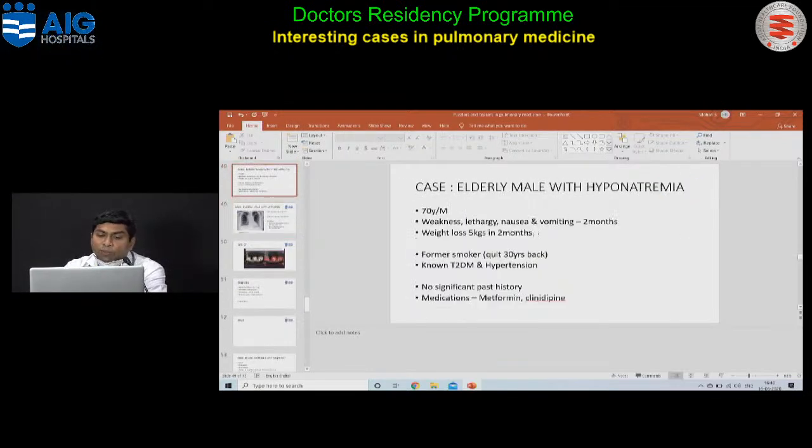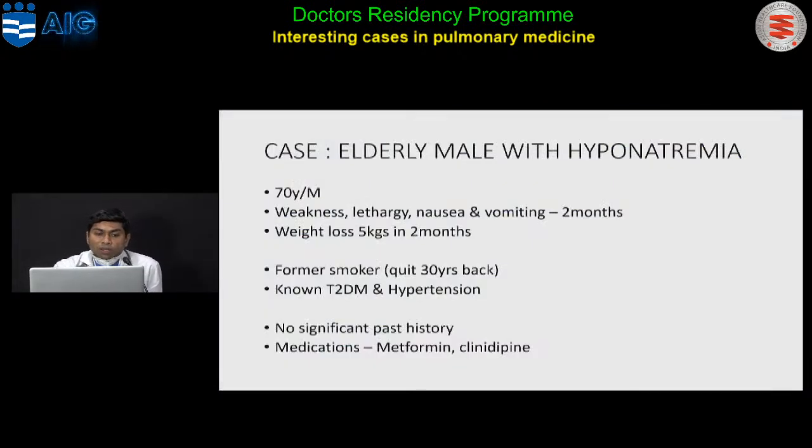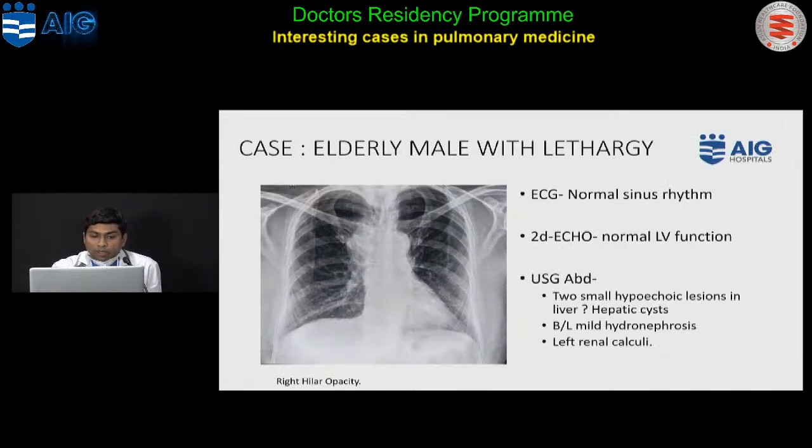A 70-year-old male patient presented with lethargy, nausea and vomiting. The patient also had weight loss of 5 kgs in 2 months. This patient was a heavy smoker and he quit 30 years ago. The patient had diabetes and hypertension and no other significant past history. He was on metformin and cilnidipine, and in the X-ray you can see that there is a paratracheal prominence,